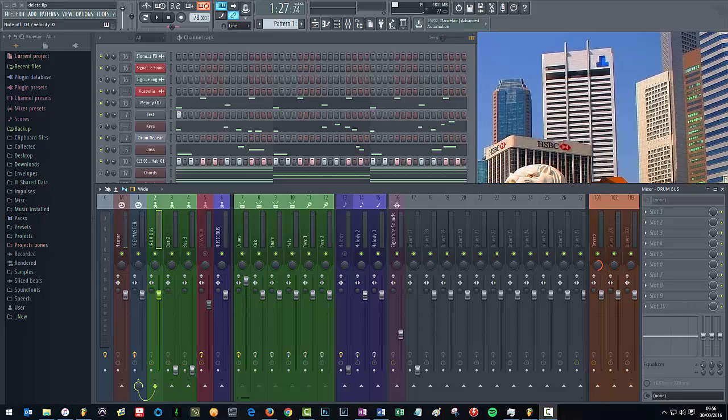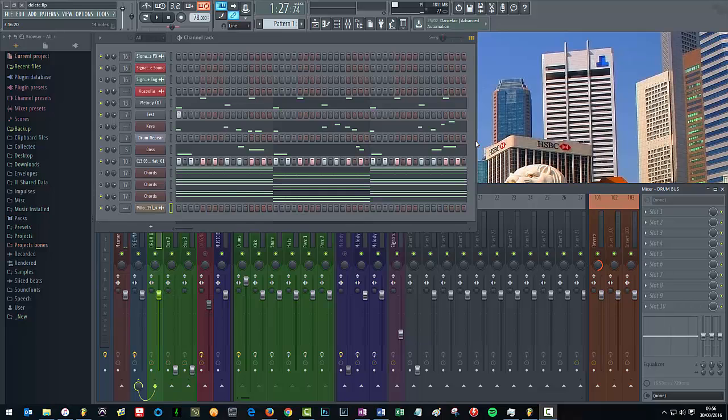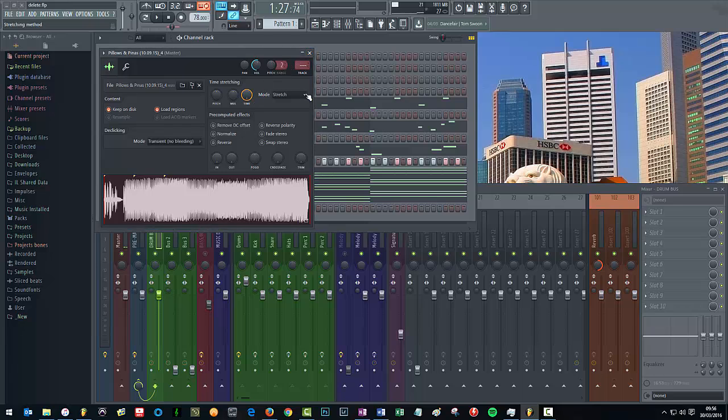Now, if you've dabbled with the time stretching algorithms in FL, you'll know there's maybe 7 or 8 different types. Let's have a look. So if we go under mode, we've got 1, 2, 3, 4, 6, 7. Okay, there's 11 different types. Well, in the current version of FL, there's 10. You'll notice now that there's this new stretch